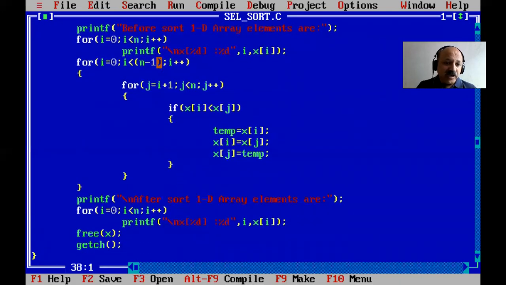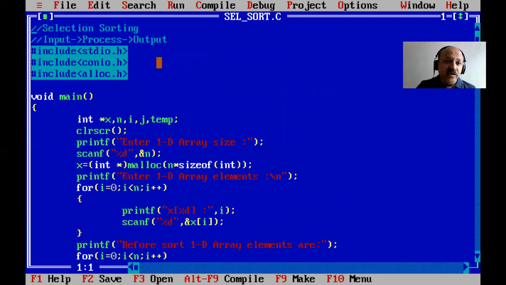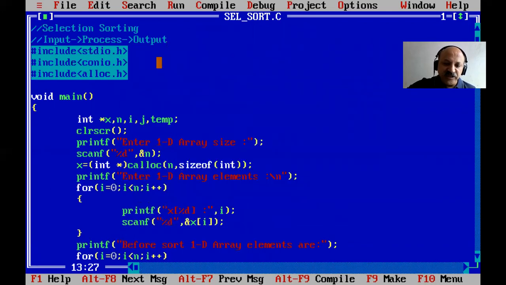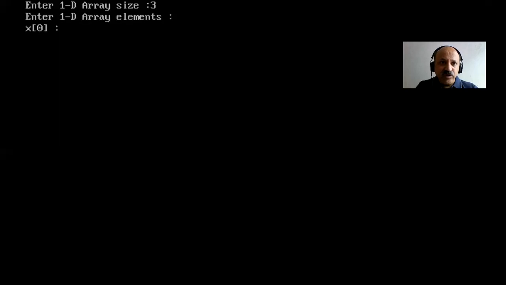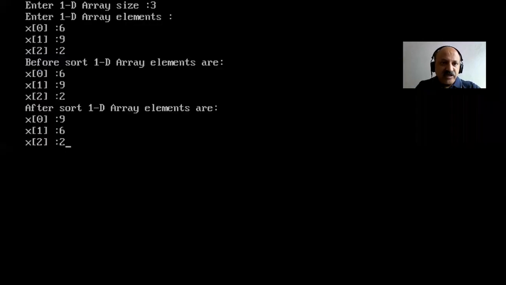After malloc and calloc, you can use the free function. And how to use calloc? Just change it here: calloc takes the count and the size, with a comma instead of multiplication. That converts the malloc to a calloc function. There is no error. I keep only 3 elements for simplicity, so you can look at our result.